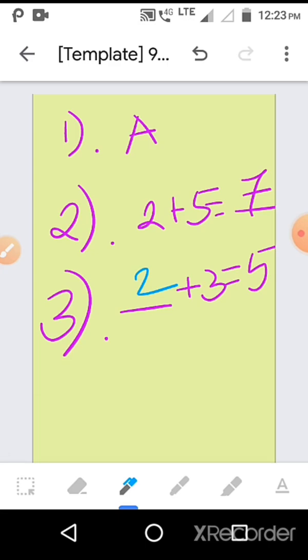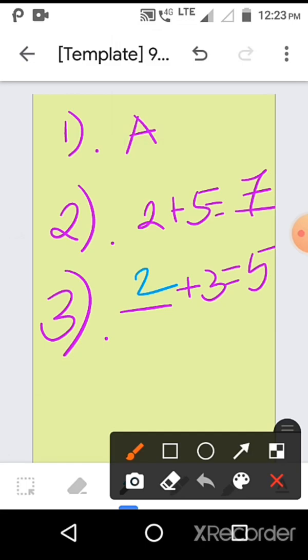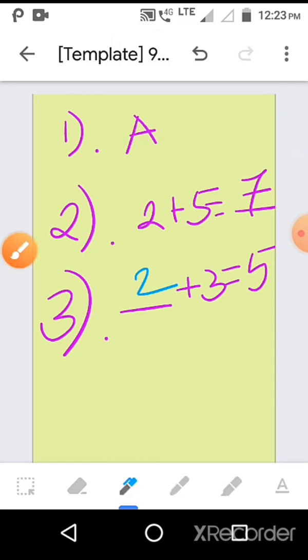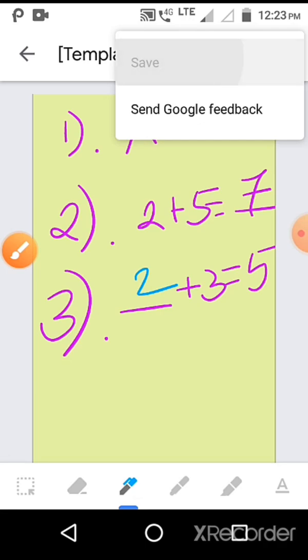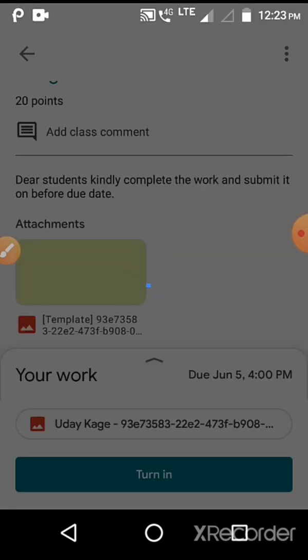Okay, now I will click on these three dots. Okay, after clicking you will get save. So I will click on the save option. So it will take some time to upload.